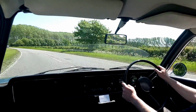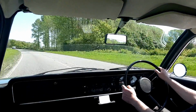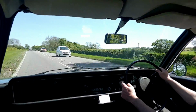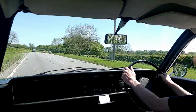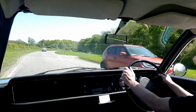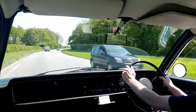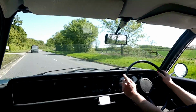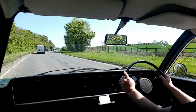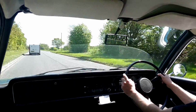It's only the suppleness of the suspension that stops it feeling like a 1980s design. It's extraordinary. I mean, I'm not really a fan of a semi-automatic. It seems the worst of all worlds. If you're going to have a torque converter, why not just have a conventional automatic gearbox? But the steering is very nicely weighted and nice and accurate. Doesn't feel over-assisted, but it must have seemed quite unusual for the time, because most family cars did not have